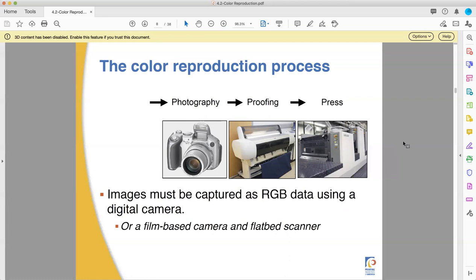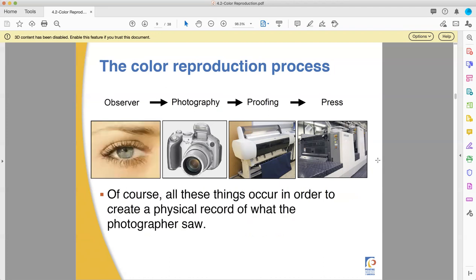Just as we have red, green, and blue cones in our retinas that sense the different levels of light, so a camera has red, green, and blue filtered photoreceptors in its sensor to try and capture things the way we see them. Because you could also use a film-based camera and then scan it. But either way, that ends up with RGB data, because RGB is the colors of light. That's additive color, remember? And before that, you have a person, the Mark I human eyeball,